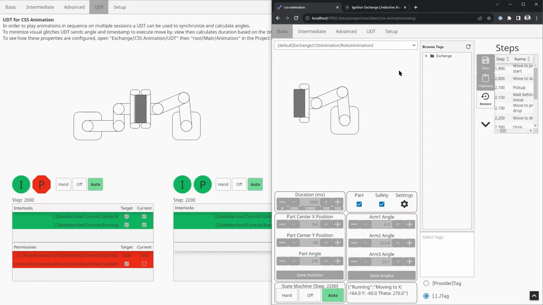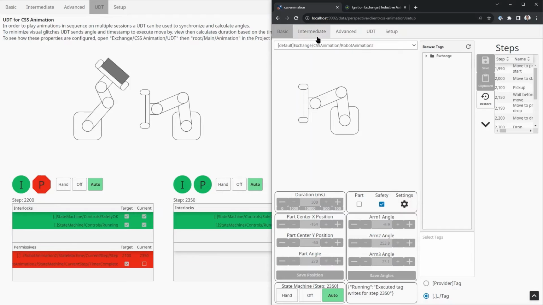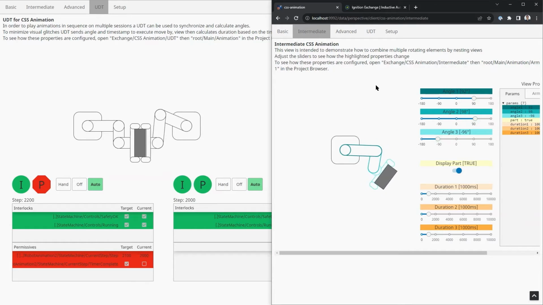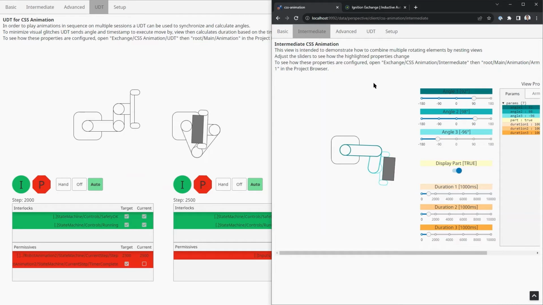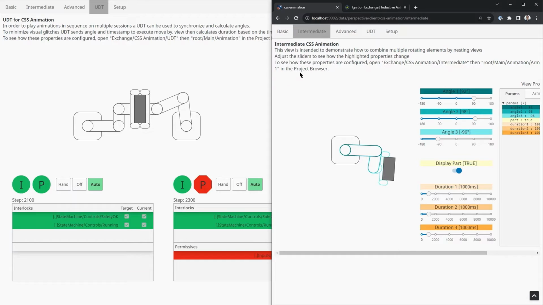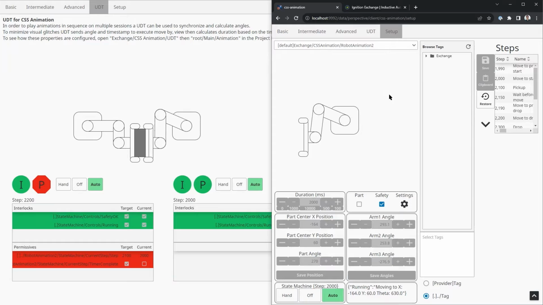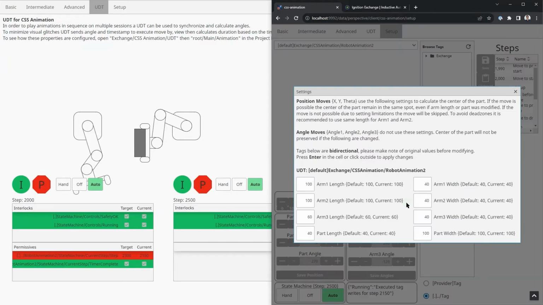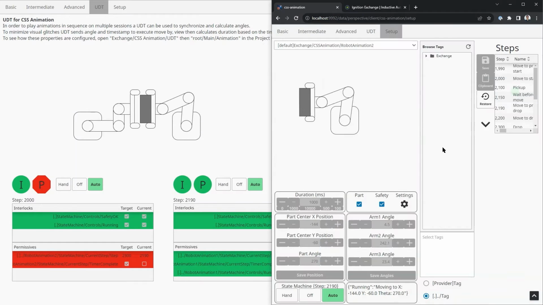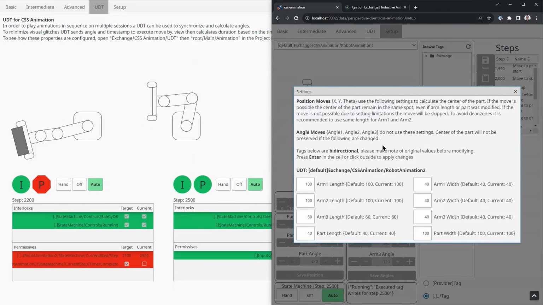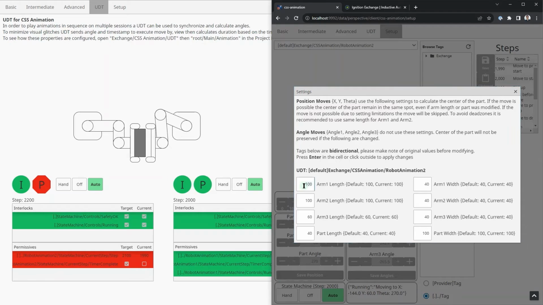And normally you can execute things through angles, but in real life scenarios, it's a lot easier to have XY coordinate where you want something to be. In order to achieve that, there is a bit of trigonometry that happens in the background, but what it allows us to do is, if you click on settings right here, you'll see that we actually have some configurable options, and I'm going to change this.